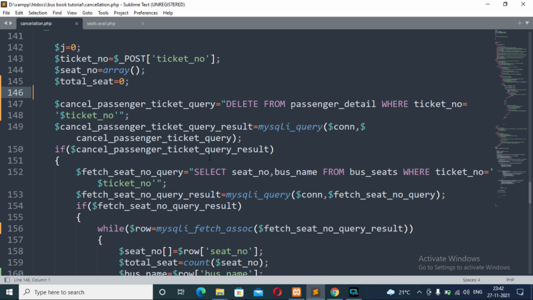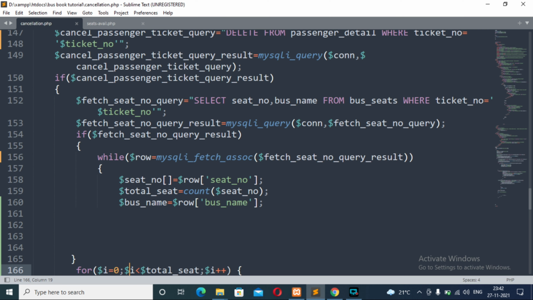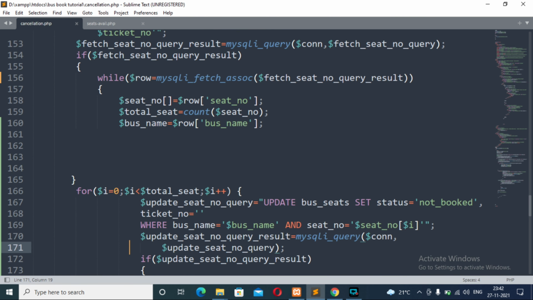Here we are deleting passenger details from our passenger detail table corresponding to the ticket number that is going to be deleted. And here you can see we have taken the seat number as a PHP array, because it may be possible that for a single ticket number there are more than two seats reserved.